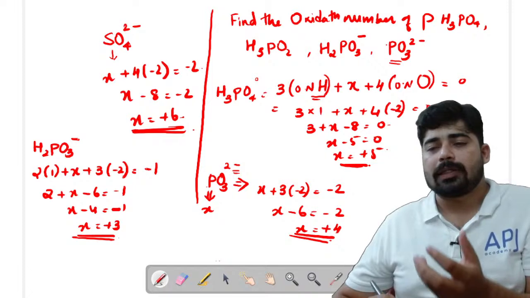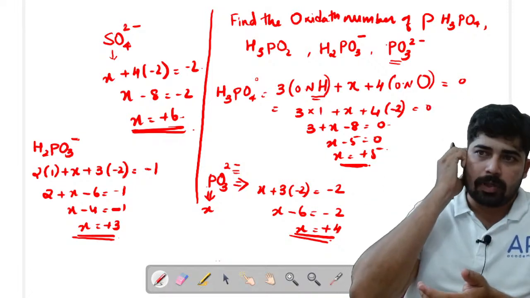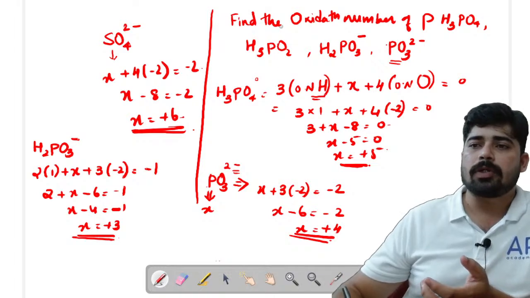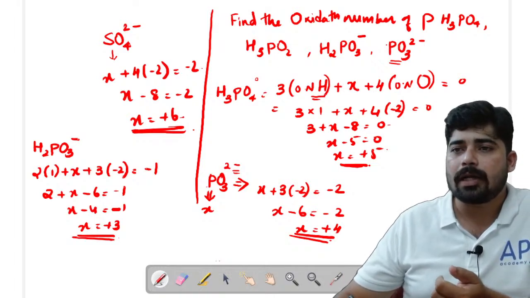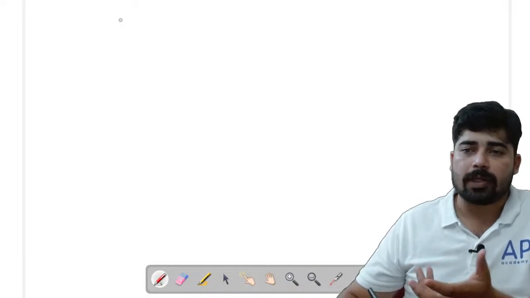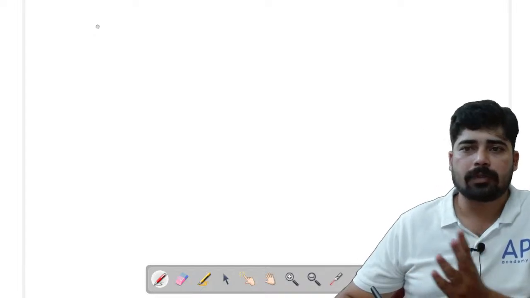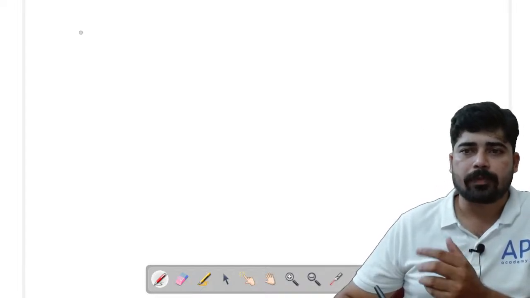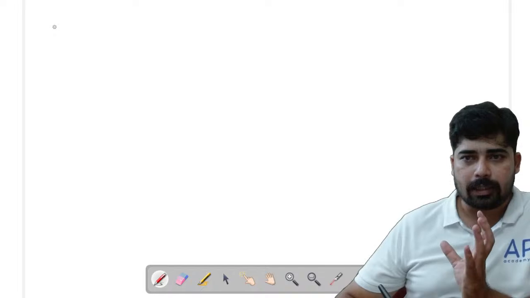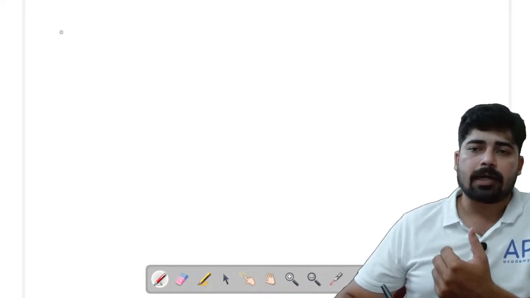So here students, we have almost covered all. There are some more elements missing. So I am going to give you some compounds like KNO3, with potassium, sodium and all. If you can do that also, then everything will be over. So let's do certain compounds with alkali metals and alkaline earth metals. I'll give you some compounds like